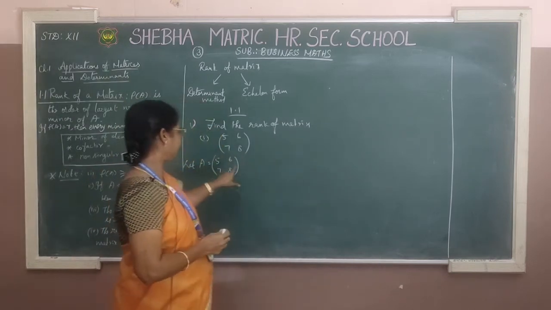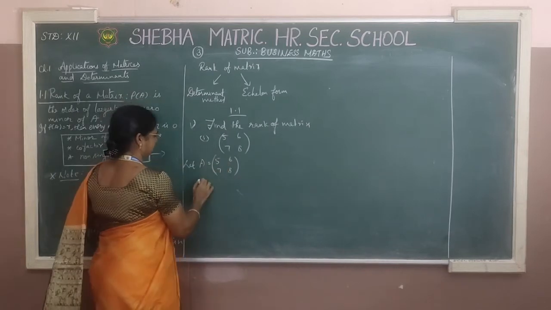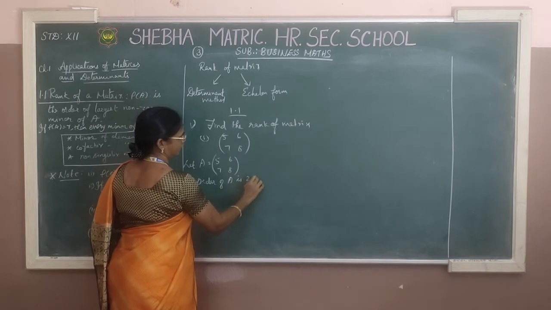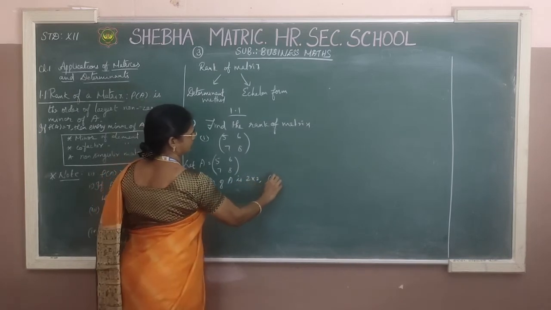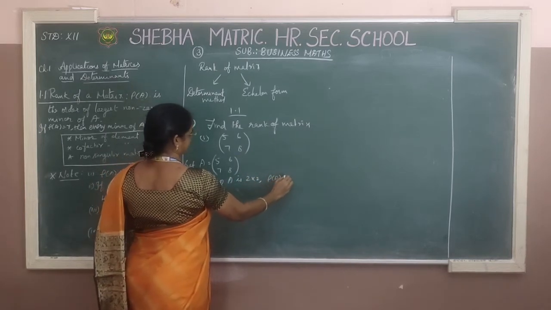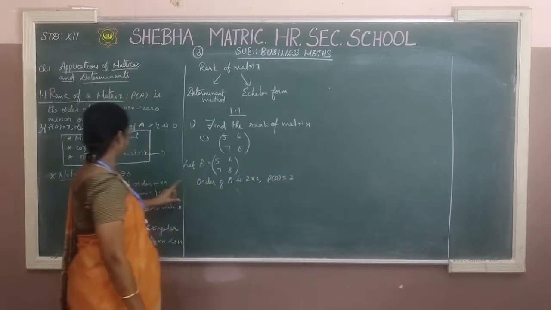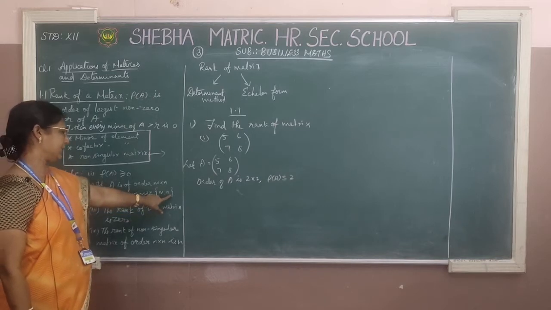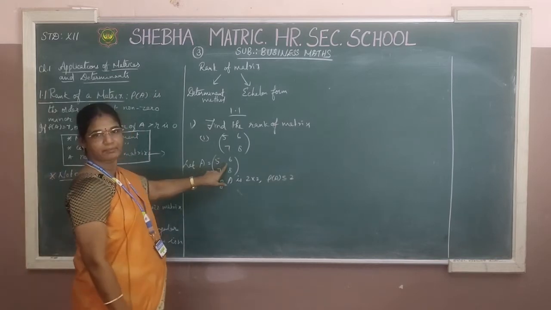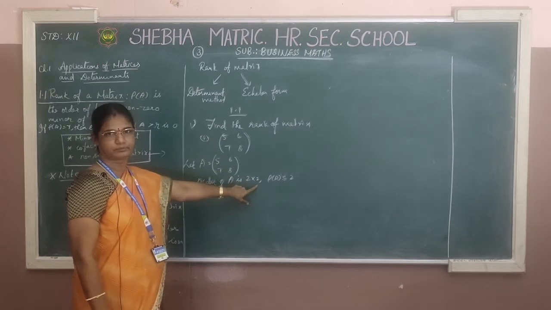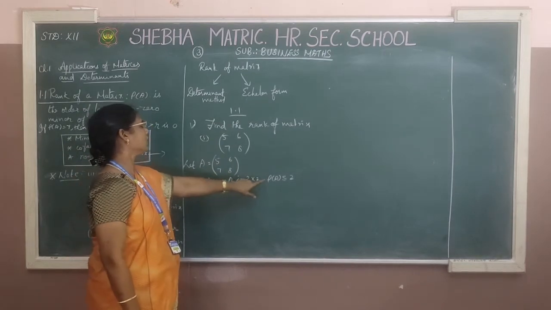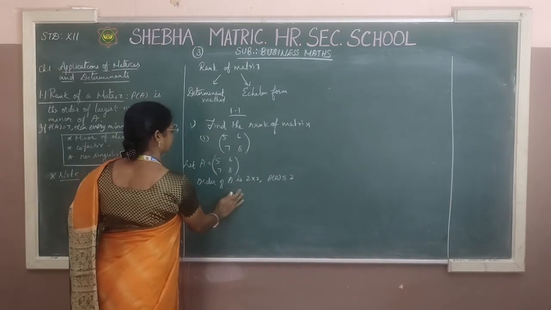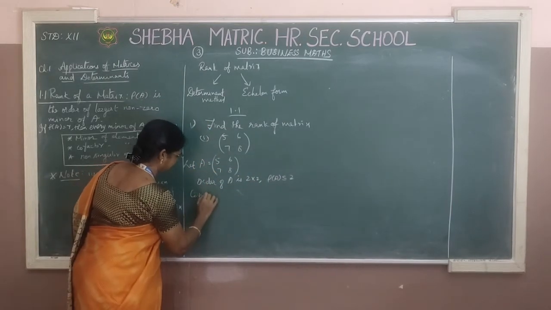The next step is to write the order of this matrix. So, order of A is 2 by 2. So, our rank will be less than or equal to 2, isn't it? Because our rank should be at most minimum of m comma n. Here m by n is 2 by 2 only. Both are equal. So, our rank should be less than or equal to 2. Okay, first consider